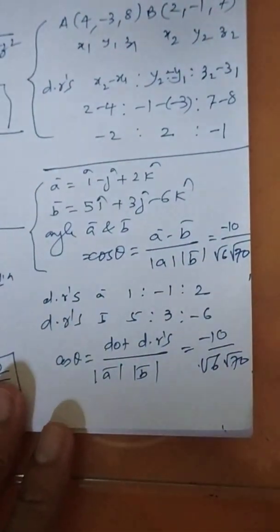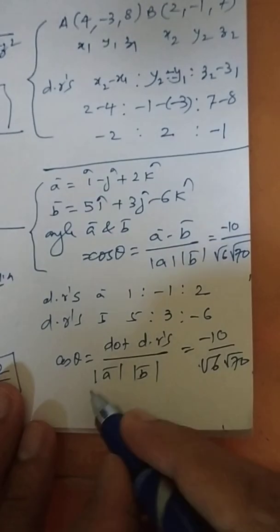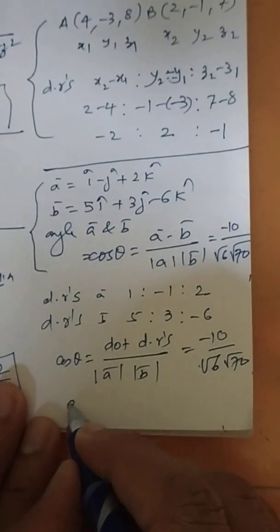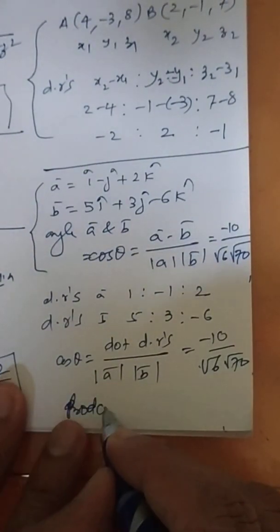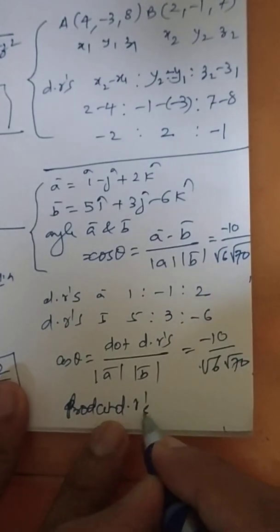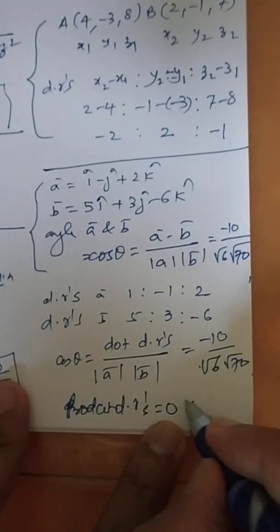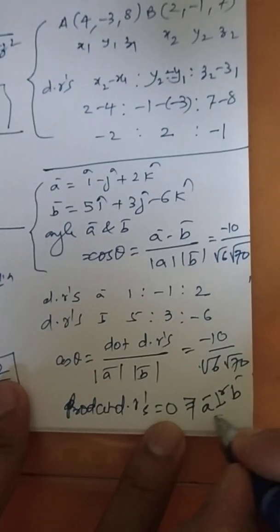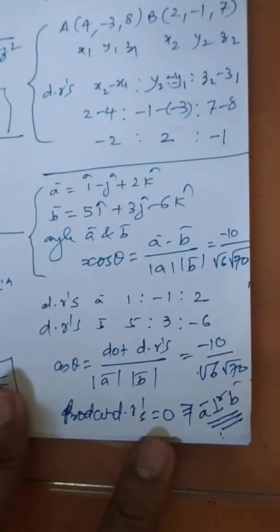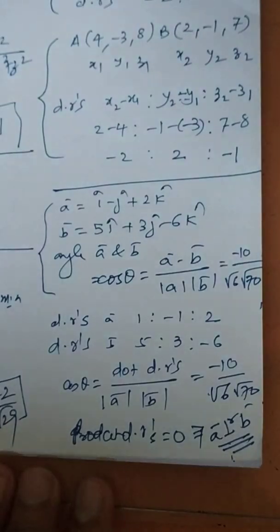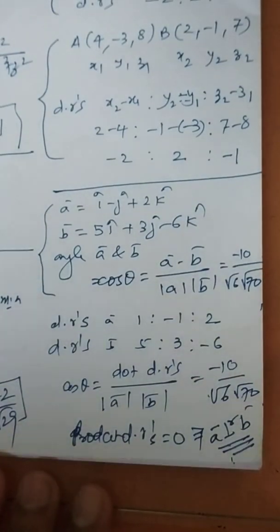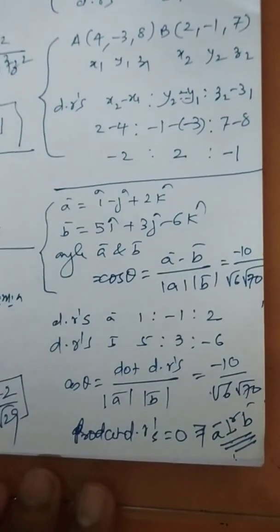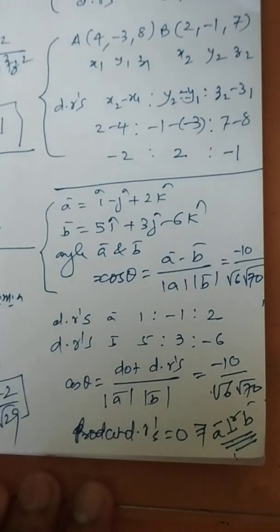So sometimes instead of giving a vector, you can use a direction. But if the dot product of the direction ratios is equal to 0, what will it represent then? The given vectors are perpendicular. So sometimes you will get the situation like this also. You can use direction ratios to check whether the two vectors are perpendicular or not.